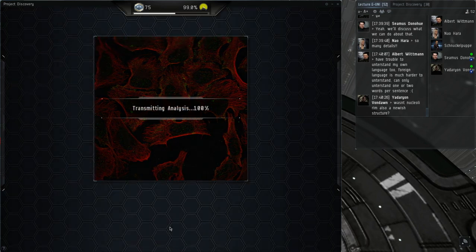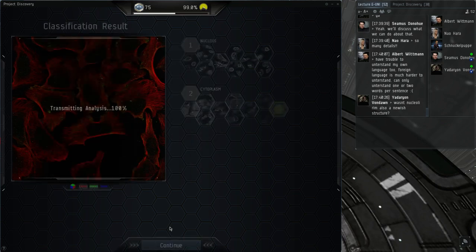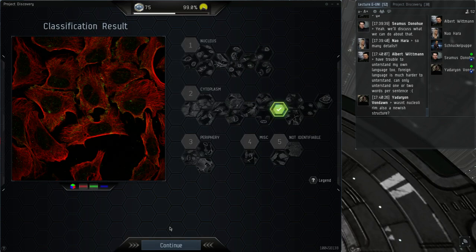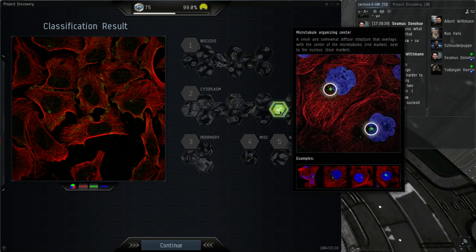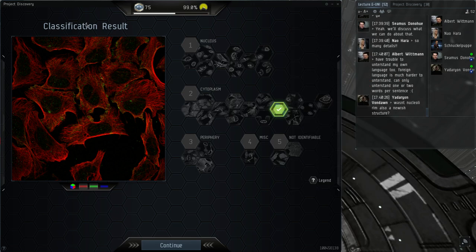And I also see that I'm running out of time. I'm talking a lot more than I thought I would, and this is just taking a lot longer than I thought. And I'm so happy I didn't annotate plasma membrane, even though I wanted to, because this was a control sample, which we can see here. It's marked that we think that it's microtubule organizing center. It says classification results rather than consensus.